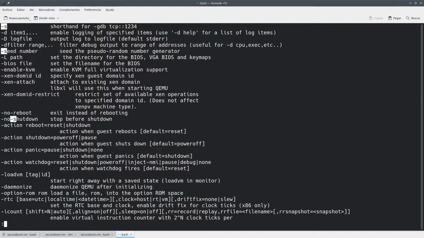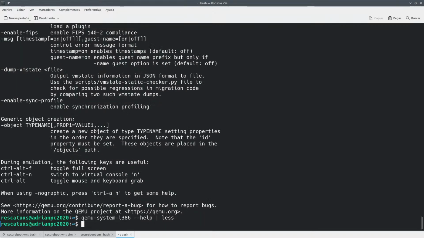And this is GDB TCP 1234. I don't want to do that either. What the hell is this piece of shit? Why would you do that? Oh my god. Then it only has 2 gigabytes of RAM.